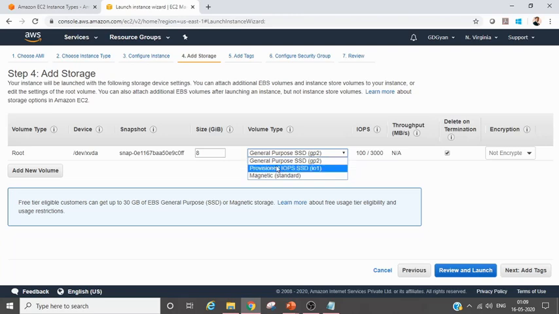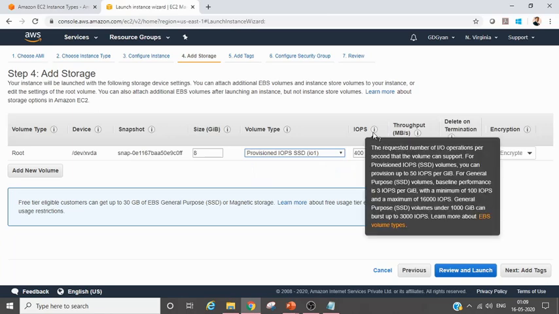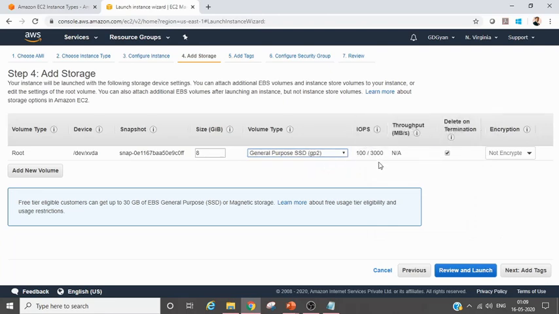General purpose, I think, still provides 16K IOPS, and provisioned IOPS is higher than that. So cheapest, cheaper, costlier, and more effective also. Performance wise also, it will go up. Now read this line carefully. It's your root volume. This is the path. This is the IOPS. Let's check this one. Choose provisioned IOPS. You can select your IOPS, right? But for general purpose, it is fixed, right?